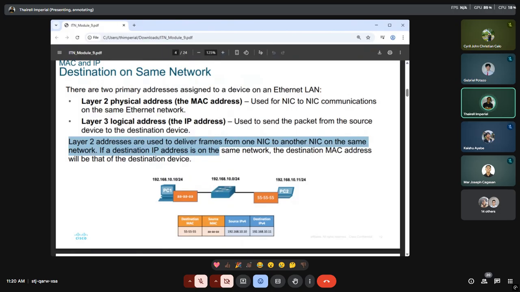If a destination IP address is on the same network, the destination MAC address will be that of the destination device.